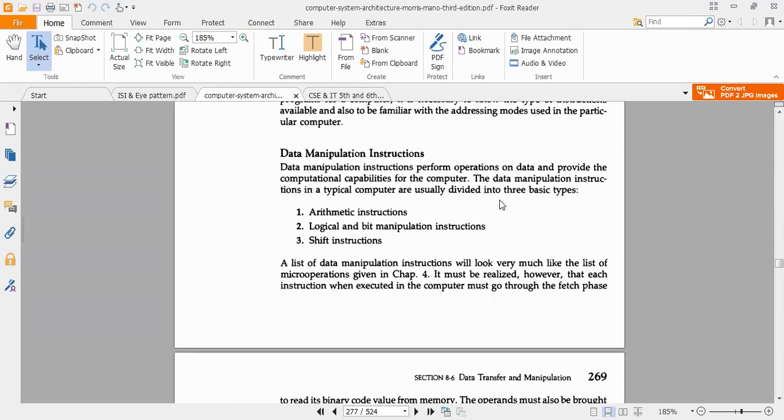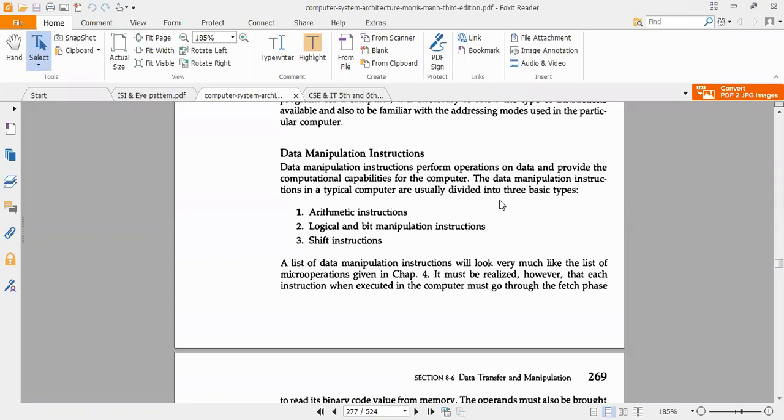Data manipulation instructions, as you know, involve data, so lots of mathematical, logical, and shifting operations are involved. Data manipulation arithmetic instructions, as you know. Can you tell me any sort of arithmetic instruction? Addition, multiplication, division, subtraction, all these are arithmetic instructions.